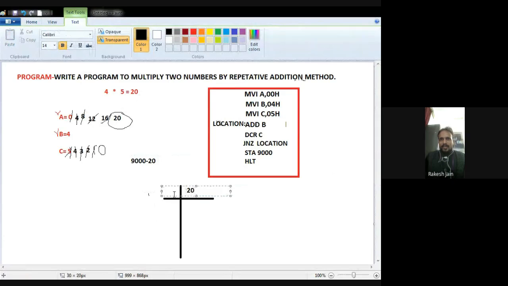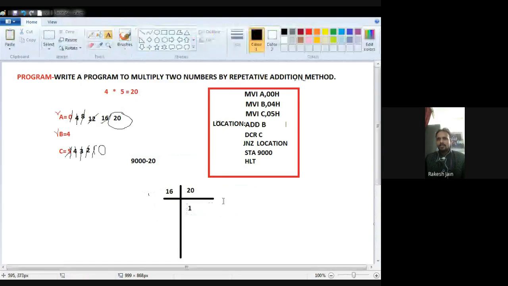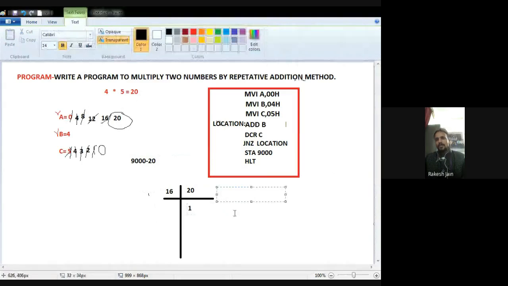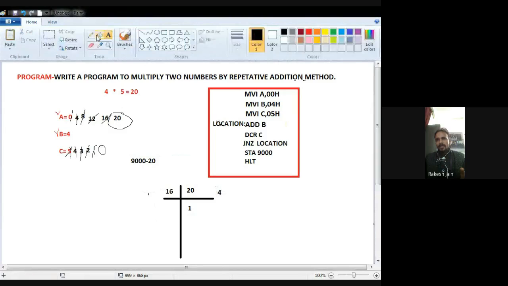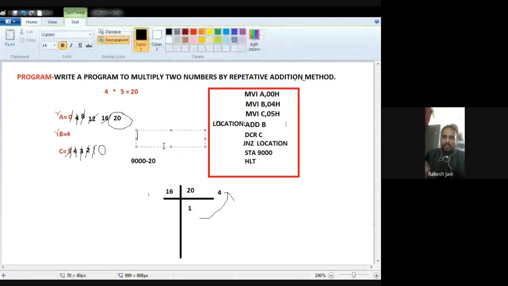But as I know, in case of microprocessor, only the hexadecimal value will be there to upload inside the microprocessor, and whenever the microprocessor generates the result, definitely the result will come in the format of hexadecimal. So when we check the result, this 20 will come in the format of hexadecimal. So first I have to know what will be my result.